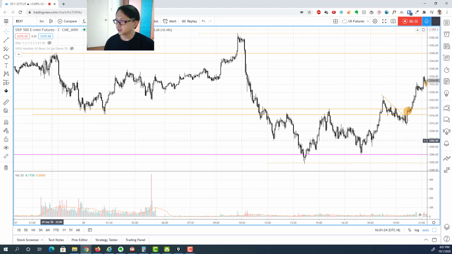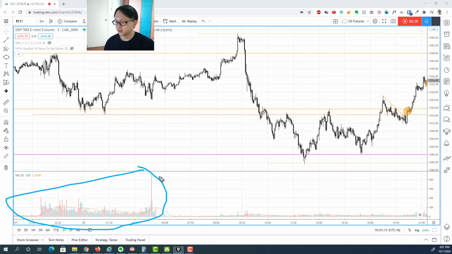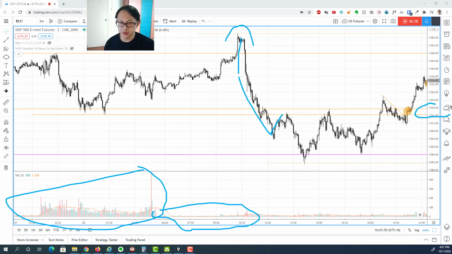So you can see that I have zoomed out a lot here, and just to give you a bit of context, that's the previous day US session, and subsequently we are entering into the Asian session. So we have this kind of uptrust, followed by a relatively sharp sell-off, inability to rally up after we broke this 33.20 support level,